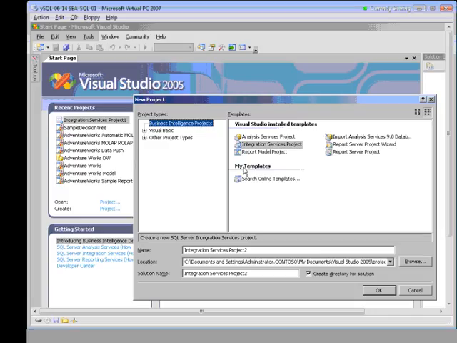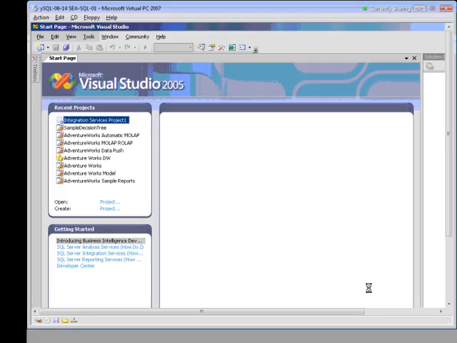To prepare the data for data analysis, we'll need to create an Integration Services project. Let's call this one data preparation. So I go to Integration Services project, and we're going to name this data preparation. And the solution name I'm going to call Target Profitable Customers. There we go. Click OK, and that's going to launch my first project that we're going to build here. You'll see we'll build several different projects. We'll actually add on to this project throughout our process. Once this loads up, it is a little bit slow the first time it comes up, but once you get into it, it moves along just fine.